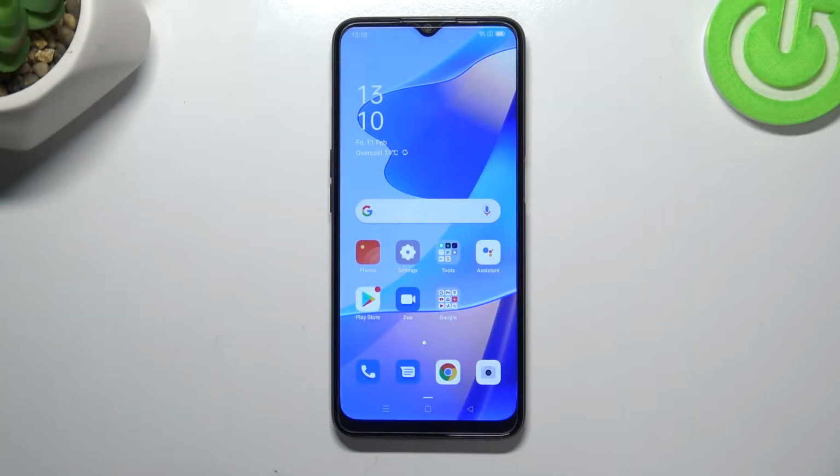Hi everyone, in front of me I've got OPPO A16 and let me share with you how to change the